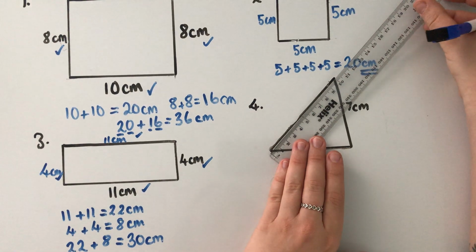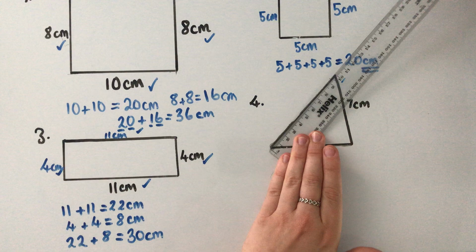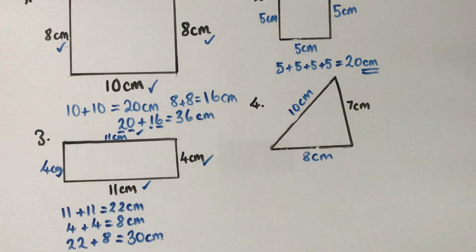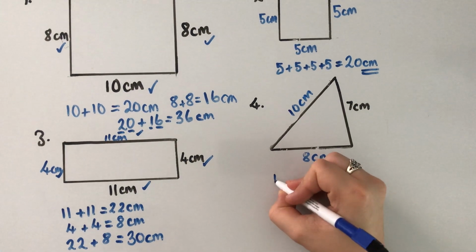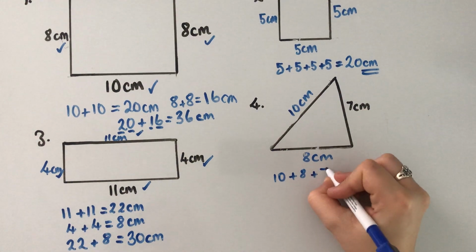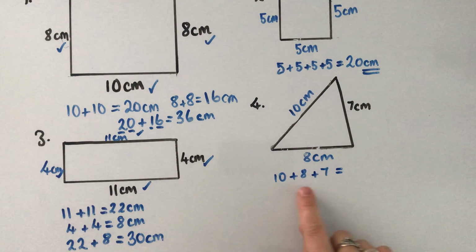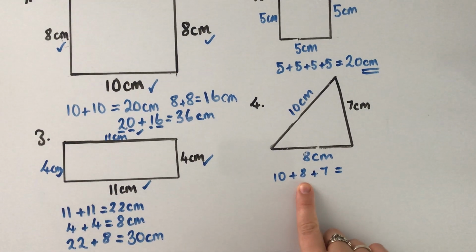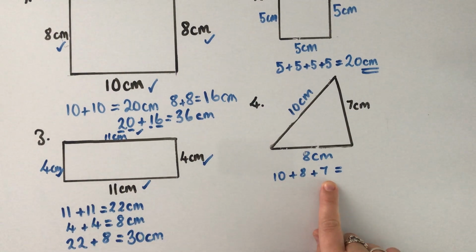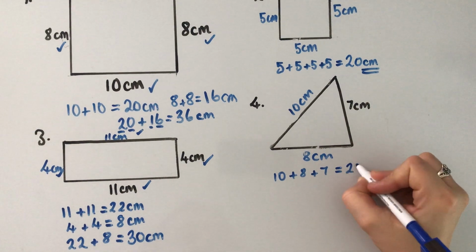And then this side is on the number 10. So we've got a 10 centimetre line. Now we need to add all 3 of these up. So 10 plus 8 plus 7 equals, and I know 10 plus 8 is 18, so 18 plus 7, have any of you done it quickly in your heads? 18 plus 7 is 25